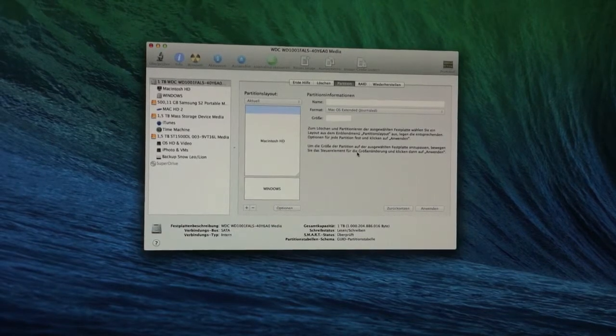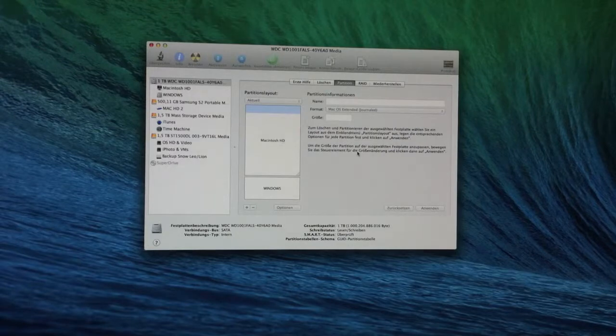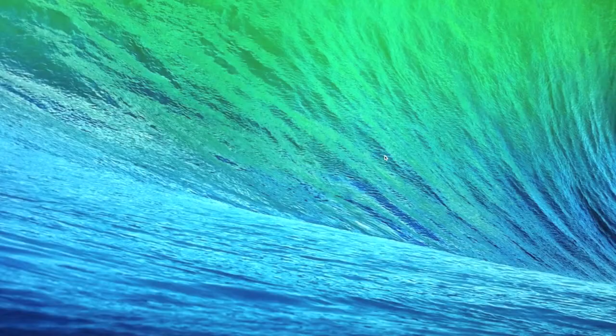So in the meantime, I got myself the Windows 7 disk. Ooh, that's dark. Well, there you go. Can't recognize it somehow. It's not so important anyway. So all we do now is insert. You can close out of Disk Utility, and insert the Windows 7 disk in your optical drive. There we go. And now all we do is restart your Mac